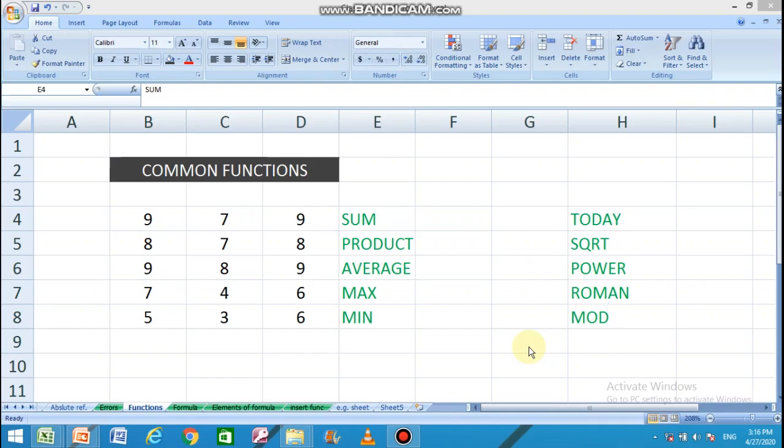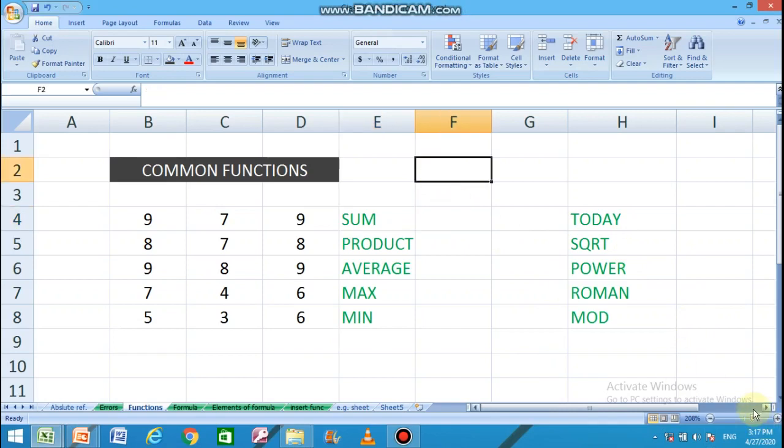Before going through, let us first understand what is a function. A function is simply a pre-designed formula to perform simple and complex calculations. A function has basically two parts, and it is always started with an equals to symbol. For example,